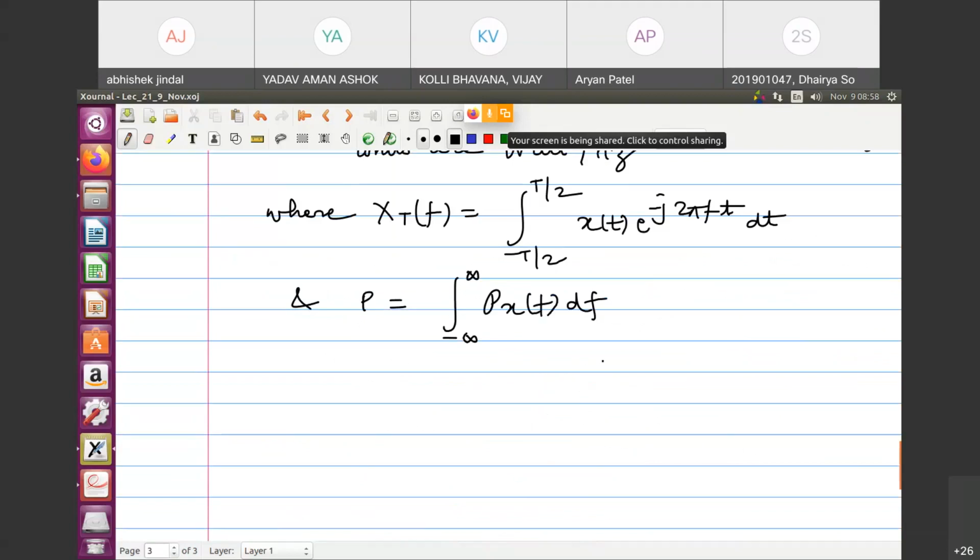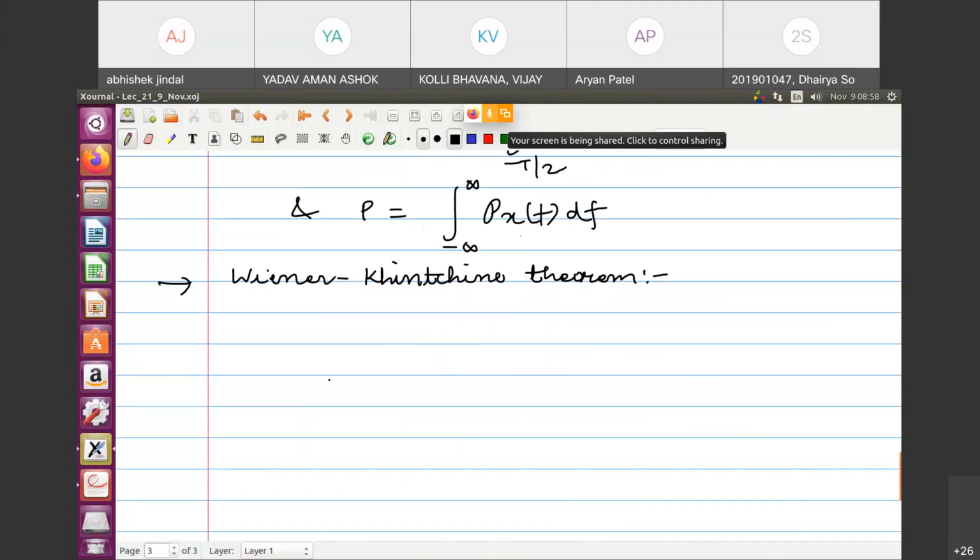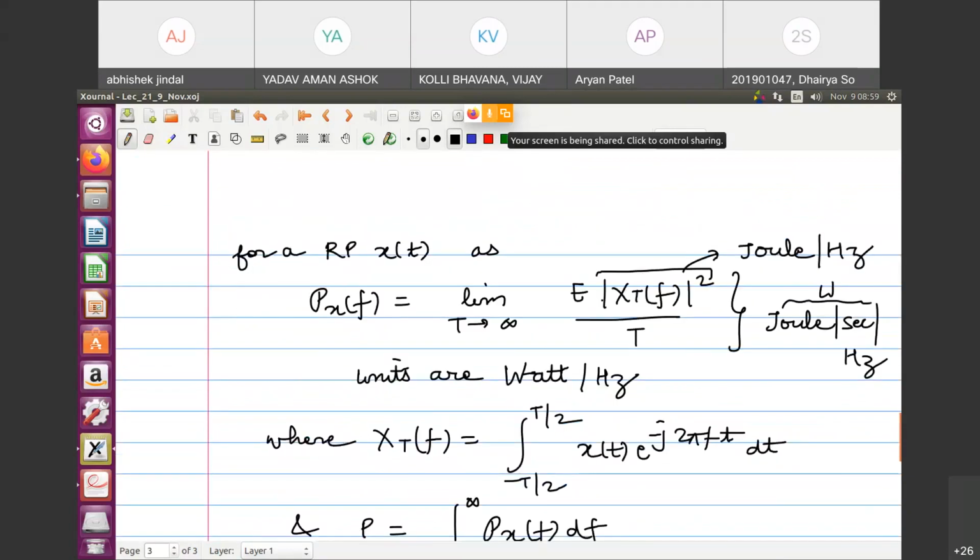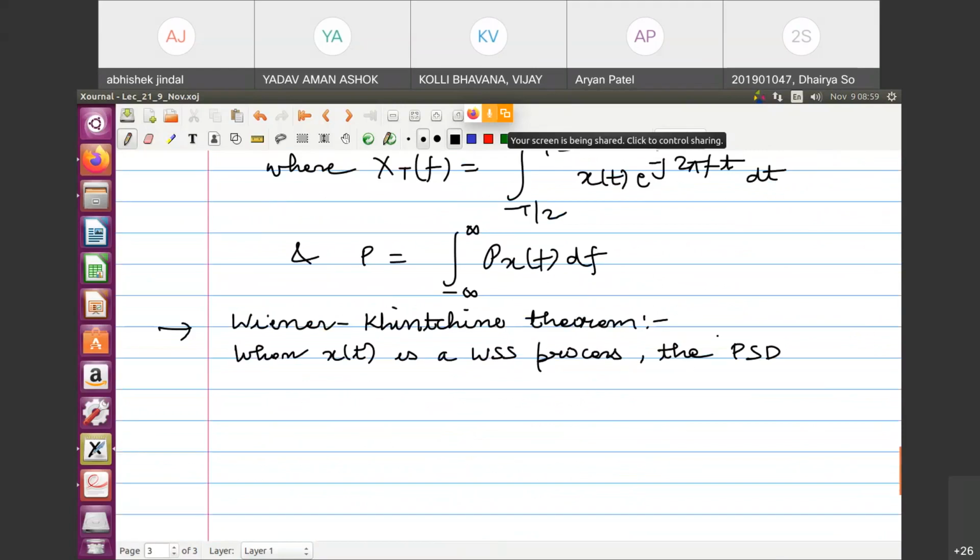So there comes the Wiener-Khinchin theorem, which helps us. We must know that from this we have basically studied all of our communication systems. This theorem helps us a lot. We just state it. There is no need to prove it. We just need to use it. So when x(t) is a wide-sense stationary process, a WSS process, the PSD, instead of obtaining it from this expression, can be obtained